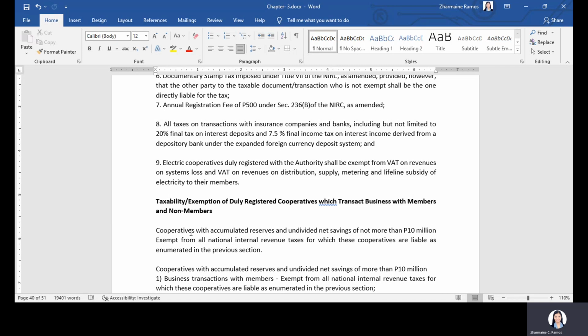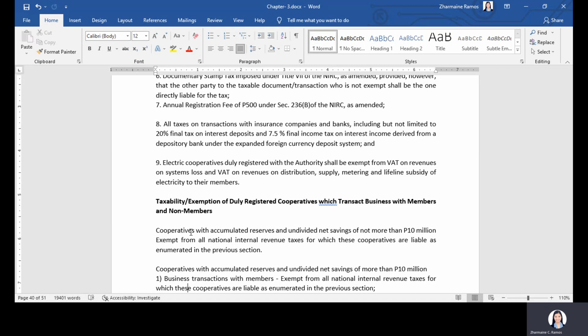So, cooperatives with accumulated reserves and undivided net savings of not more than 10 million are exempt from all national internal revenue taxes for which these cooperatives are liable as enumerated in the previous sections. Pero kapag naman cooperatives with accumulated reserves and undivided net savings of more than 10 million, ito yung mga